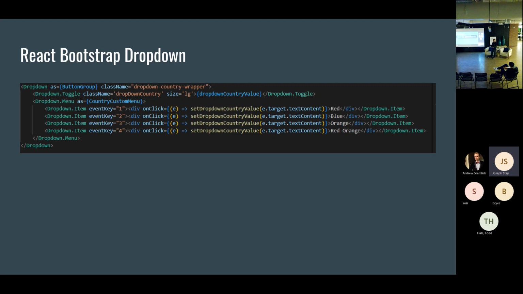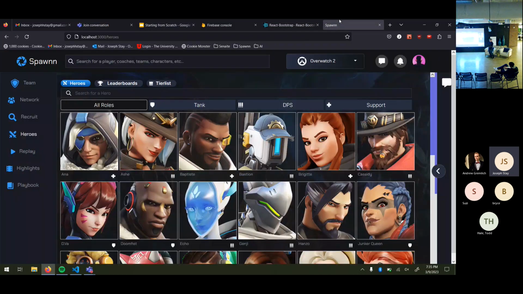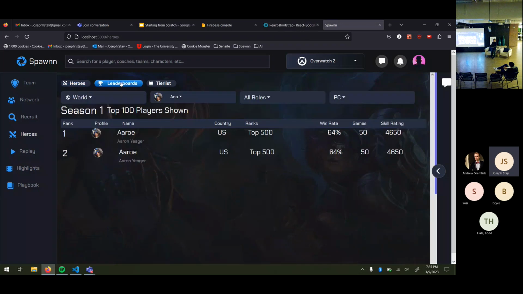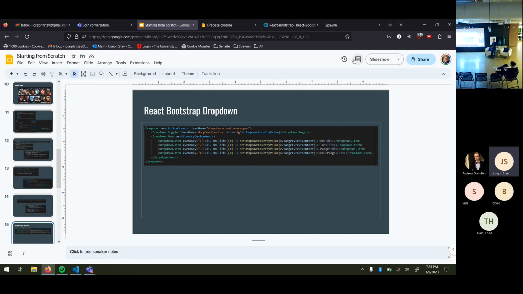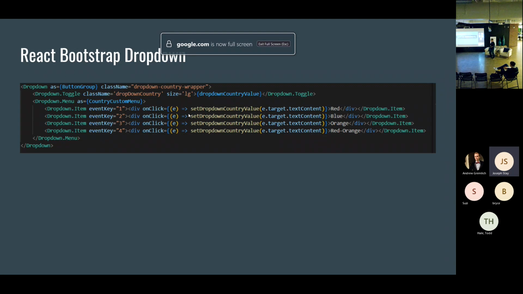These are just the items. And I then here just have a use state for setting whatever the current selected drop-down item is. It's just a pretty simple use state and setting that state to what I just clicked on. So that's what this arrow function is right here.